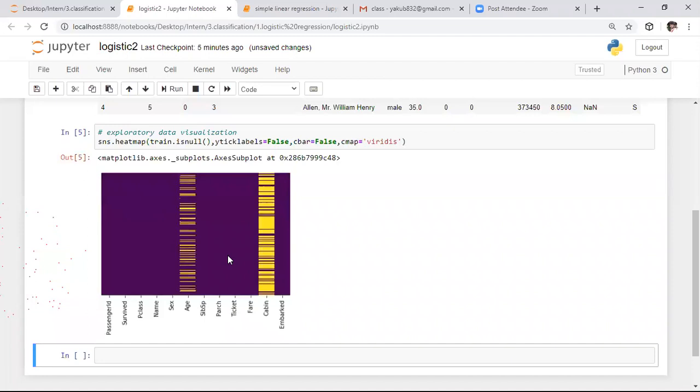Next, I want to compare different features. For that purpose, initially from Seaborn, I want to set the style. So here, sns dot set style. Whenever you want to apply any style, we need to use this attribute. Here, I want to use a white grid style.